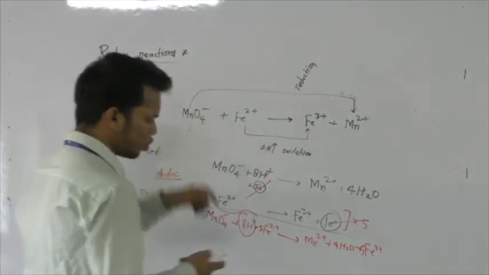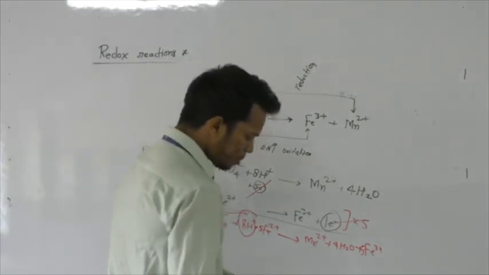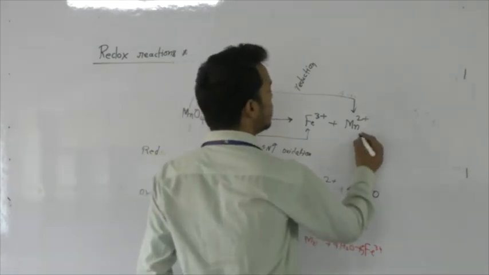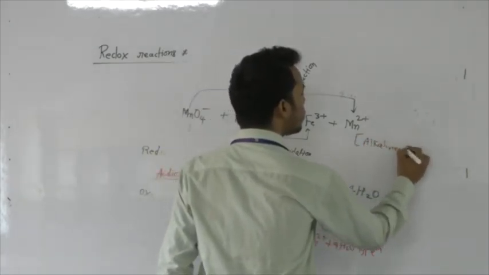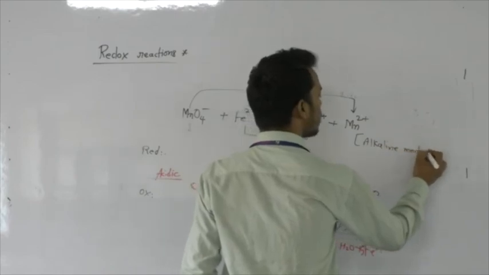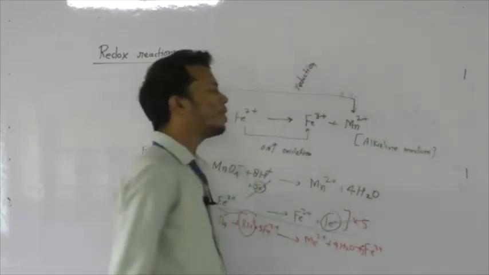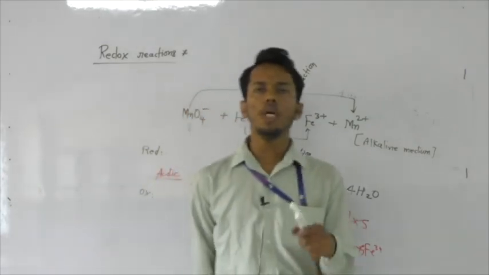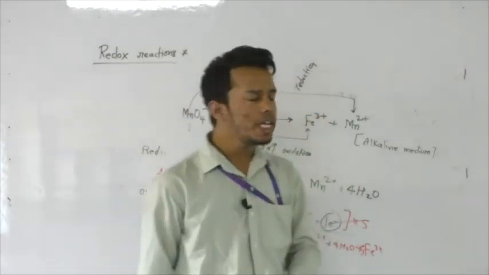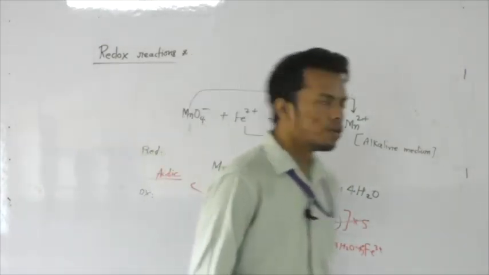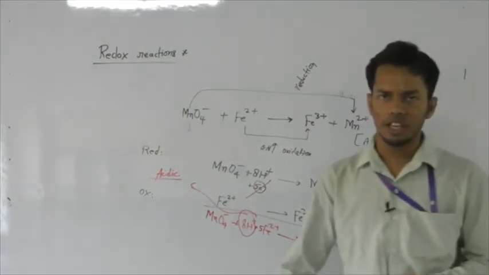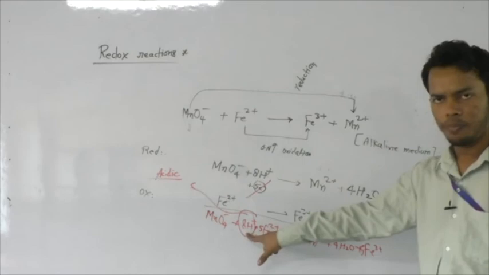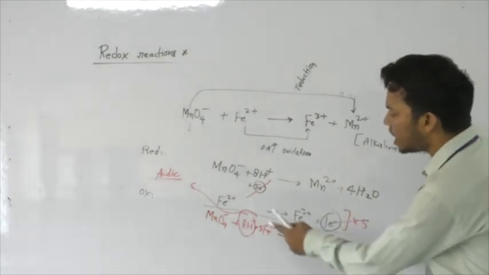Let's say they ask the same question in alkaline medium. Alkaline medium means OH minus, and here you can see there is H plus. So irrespective of the medium they ask, you have to balance in this way only. The thing is, you will get H plus